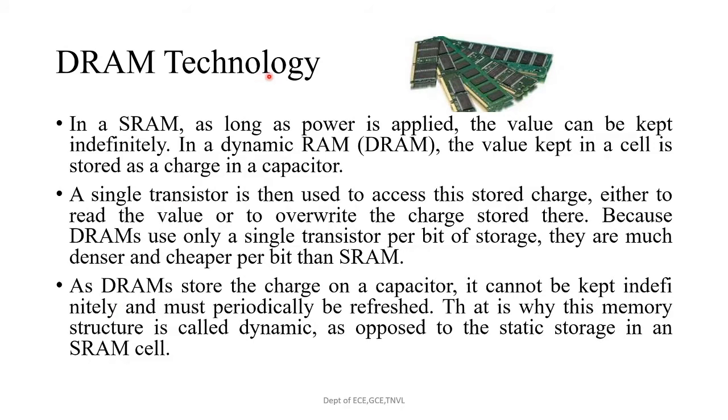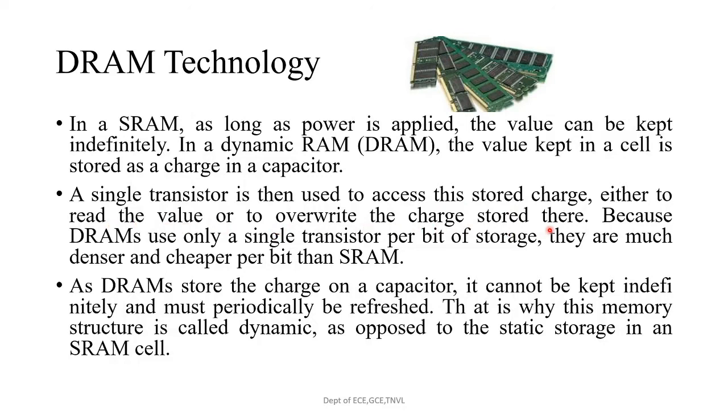Speaking about the DRAM technology, there is a vast variation between SRAM technology and DRAM technology, because caches are implemented with SRAM and main memory is implemented with DRAM technology. In an SRAM, as long as the power is applied, the value can be kept indefinitely. In a dynamic RAM, the value kept in a cell is stored as a charge in a capacitor. A single transistor is then used to access the stored charge,